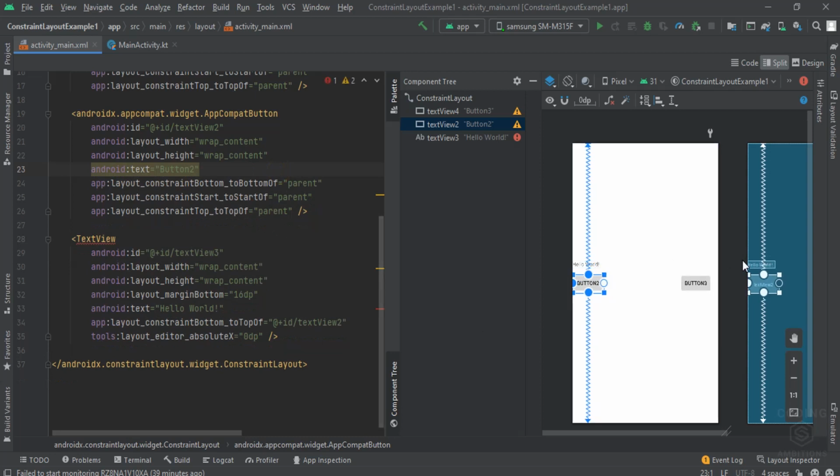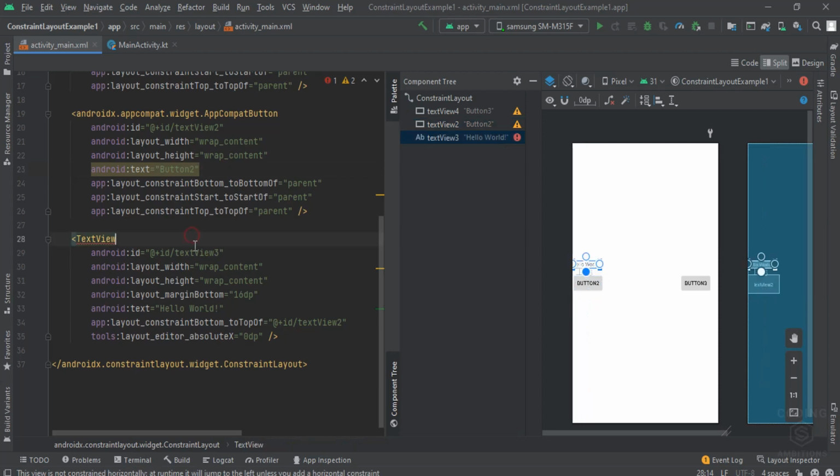We can remove the margin. So here there are two views, and there are two ways we can do this. We can either align the bottom of this to the top of this, or align the top of this to the bottom of this. The meaning of both is the same here. It's showing missing constraints because its top is aligned vertically, but it's missing in the horizontal direction.